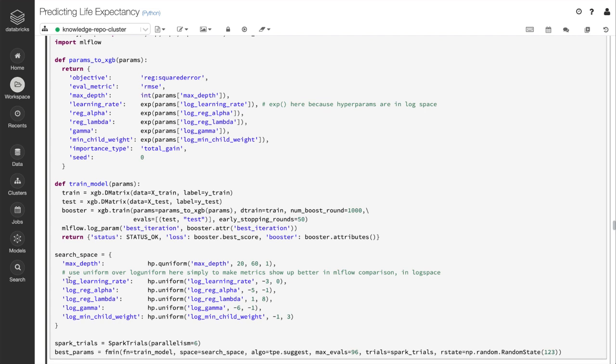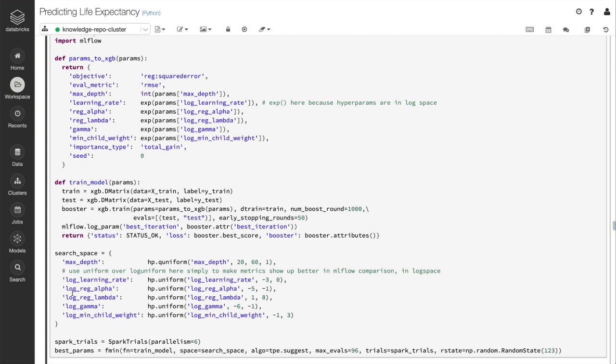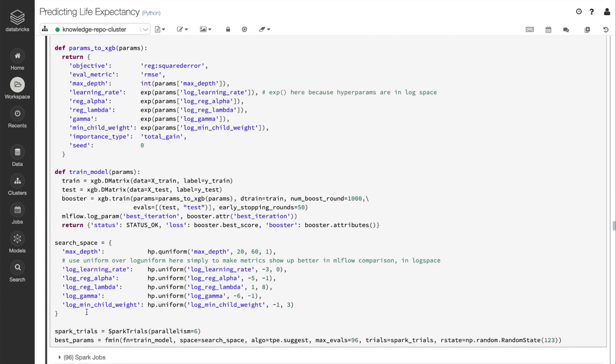So as it builds models and learns about their losses, it'll figure out which combinations seem to be promising and explore those combinations more in depth and tend to ignore combinations that just don't seem to be working out very well. So that can save a lot of time wasted exploring combinations that just won't work. But as a bonus, if you use XGBoost here, you get, well, really two bonuses. If we define the search space like this and tell hyperopt the range of values we're interested in trying out